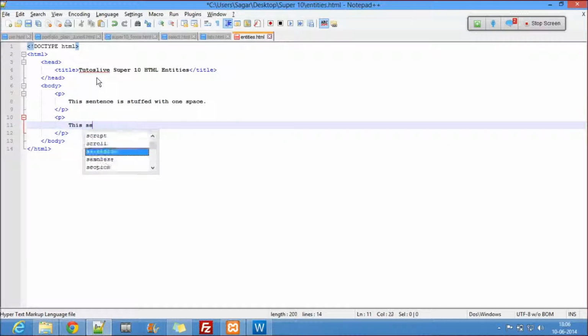So this sentence is stuffed with two spaces. So as we talk about it, let's give two spaces. Right, then I take another sentence here.